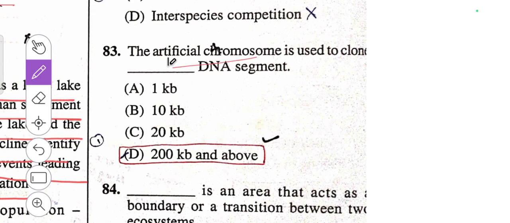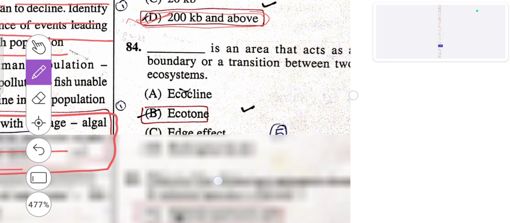Artificial chromosome is used to clone dash DNA segment. Through this artificial chromosome, we can carry or clone a DNA, that too a large DNA sequence. Large DNA sequence, that is 200 kb and above. So D is the right answer. Then 84th,